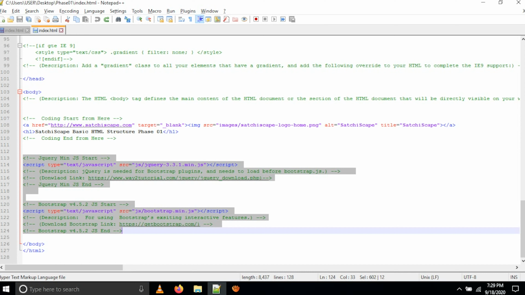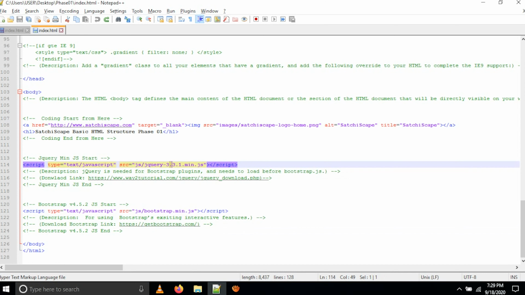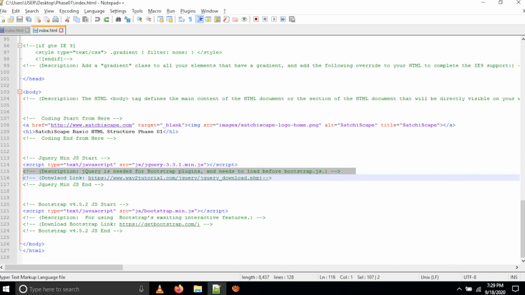And here you can see I have used the jQuery 3.3.1 min file, which is minimized. jQuery is needed by the Bootstrap plugins and needs to load before bootstrap.js. Why are we using this jQuery 3.3.1 minimized file?